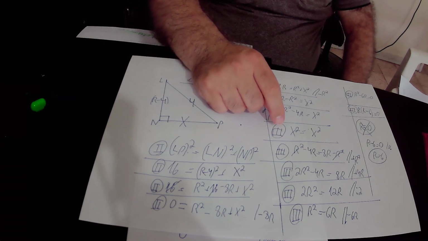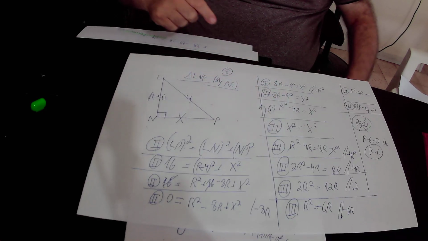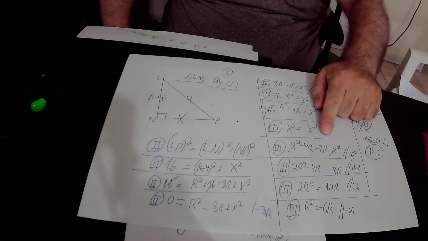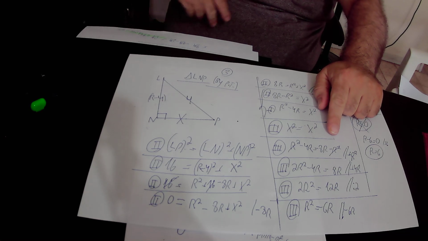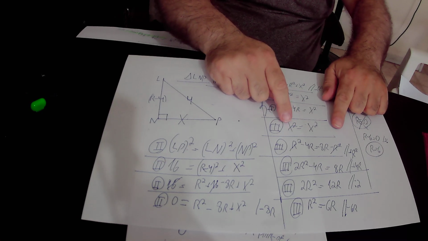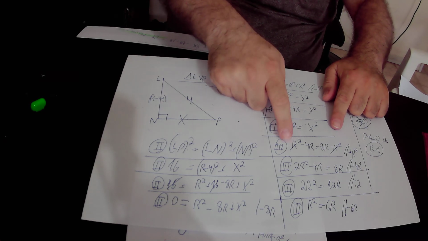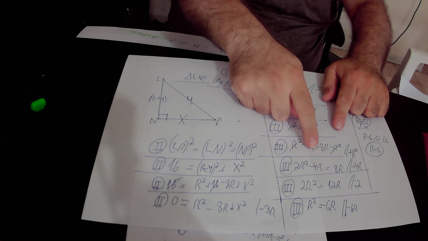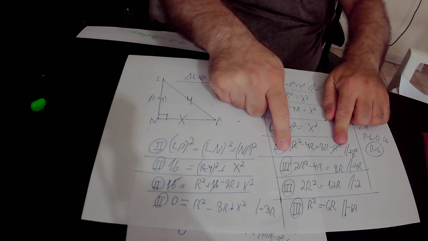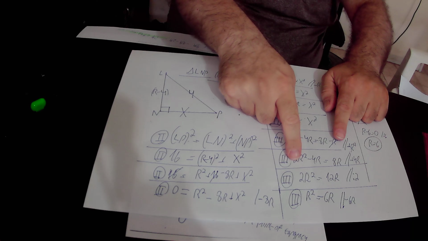So here x squared according to equation number 1 is r squared minus 4r, and according to equation number 2, x squared equals 8r minus r squared. Those two expressions must be equal to each other. So here we added r squared to equation number 3, and we found that r squared plus r squared is 2r squared minus 4r equals 8r. Here we added 4r to equation number 3, and we found that 2r squared equals 8r